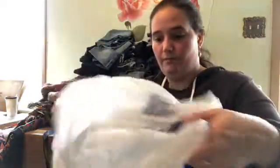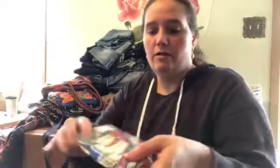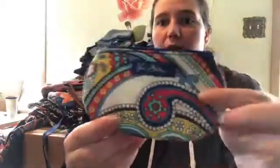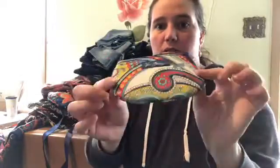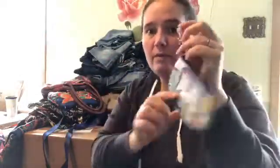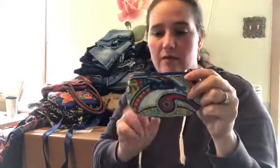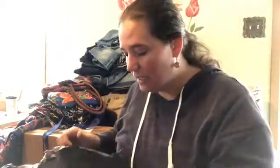One more. Thought I was done, but there's this tiny little zipper coin purse in here, probably going directly to the booth, probably gonna mark it $4 or $5, probably gonna sell it almost immediately after it gets there. If I put it online, I'd probably put it at like $5.99 plus super cheap shipping, and it would probably sell